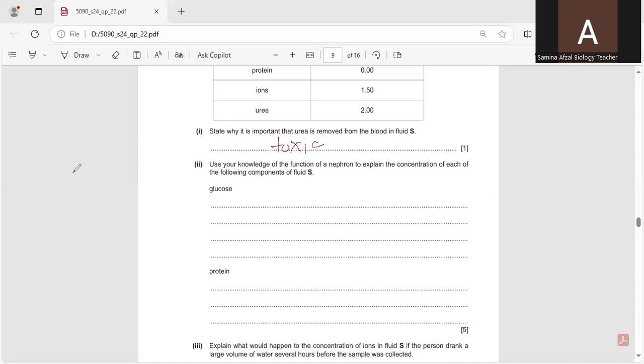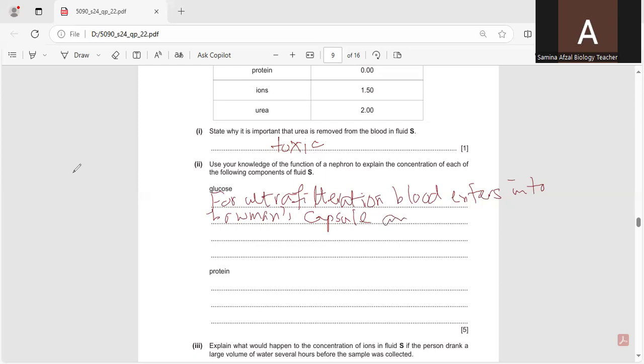As a result of ultrafiltration, the blood enters into Bowman's capsule, and after filtration,